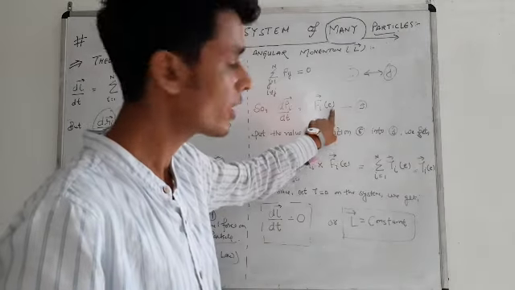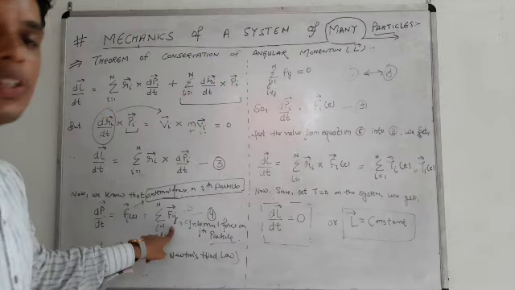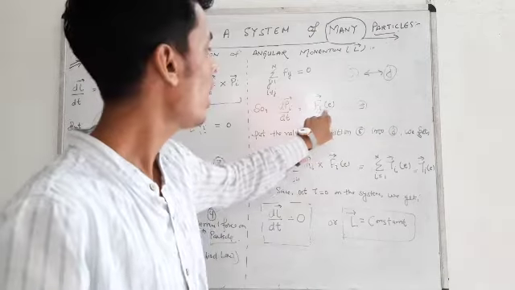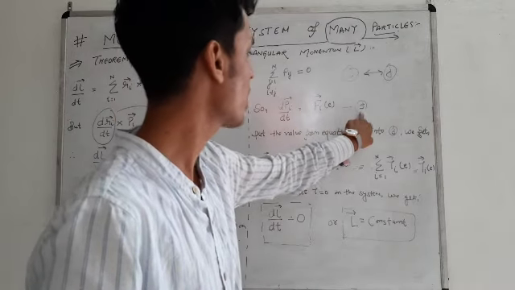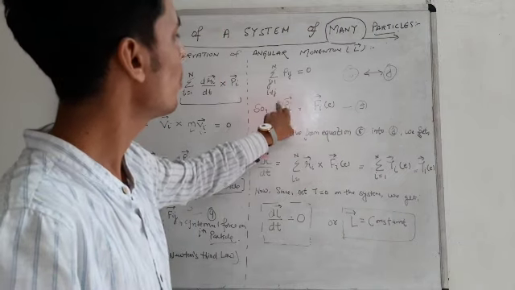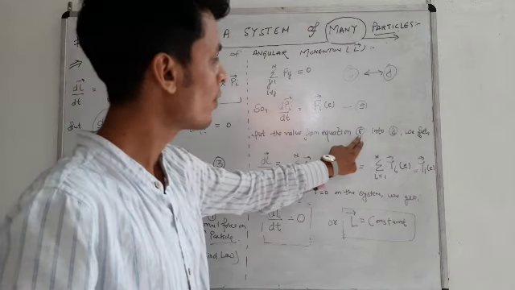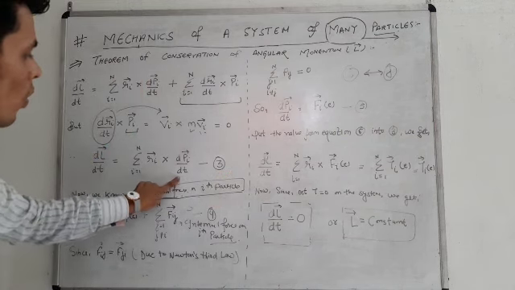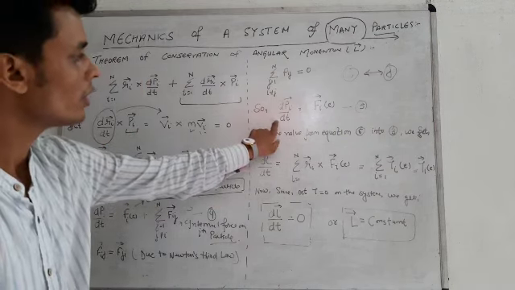Here we are considering external force, as the internal force has become 0. So that will be equal to the external force on the ith particle. We put this as equation number 5. Now we put the value of dpi upon dt from equation 5 into equation 3.